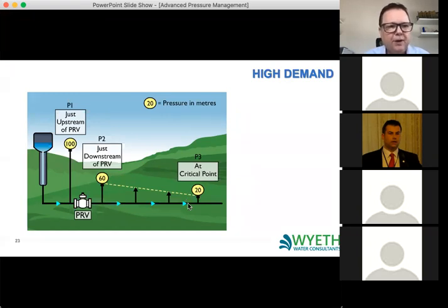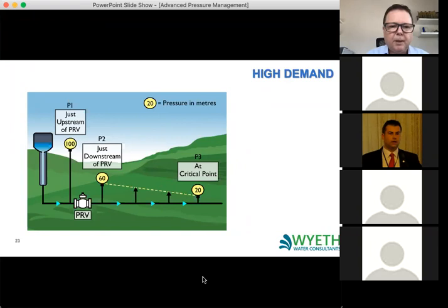This is your minimum pressure point in the network. It could be the very end point if you have a flat network, or it could be the top of a hill if you have a hilly network. But at some point, you've got a critical point, which is where you're going to have your lowest pressure point. And you can see here that the pressure has dropped from 60 meters to 20 meters across the network, and that's by the frictional